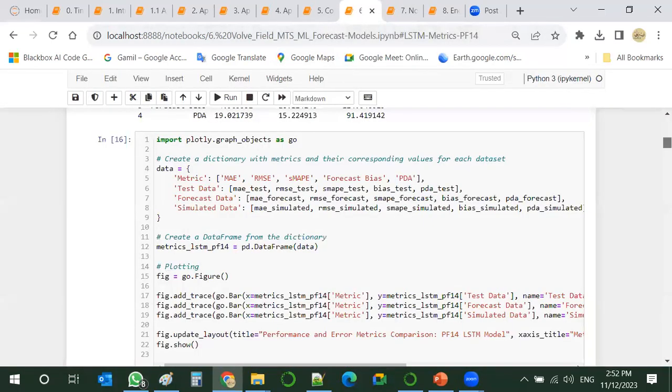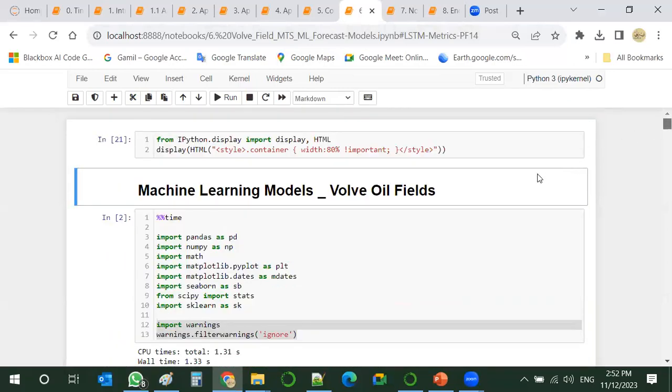Notebook number 6 is an application that is being carried out to forecast future production of one of the wells in the Volve oil field.